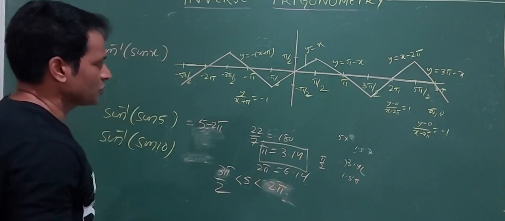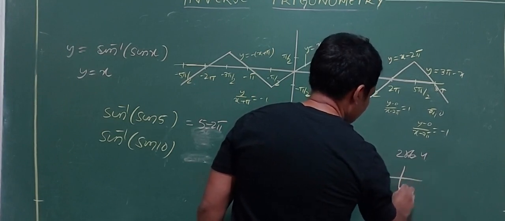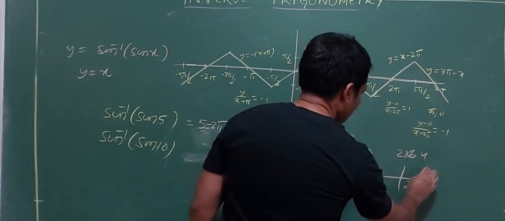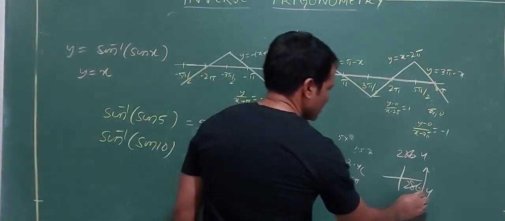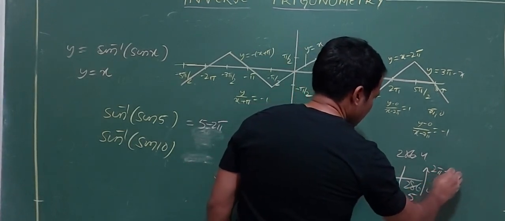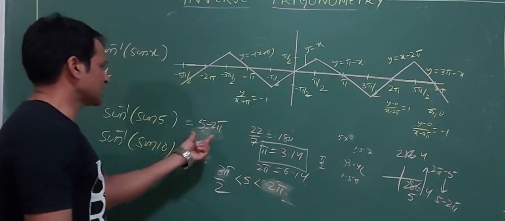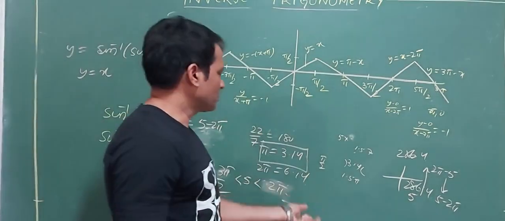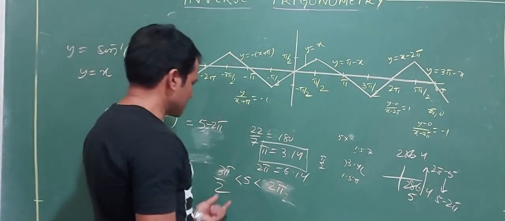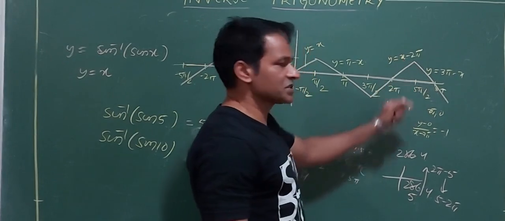5 minus 2 pi. And which way did we calculate that time? 5 radians is equal to 286.4 degrees. Where is 286.4? Here. You have to carry this value here. How to carry it there? This 286.4 means the 5 value. If I carry it here, 2 pi minus 5, coming down, 5 minus 2 pi. What is the answer? 5 minus 2 pi. Now with the graph also, you only have to check between which two values it lies exactly, then go to that graph. This lies between 3 pi by 2 and 2 pi. So this is the graph, and this will be the equation x minus 2 pi.